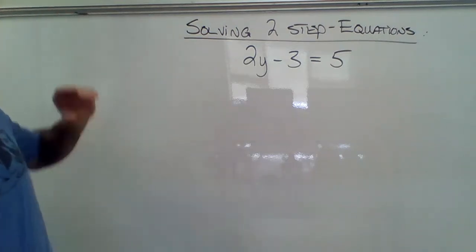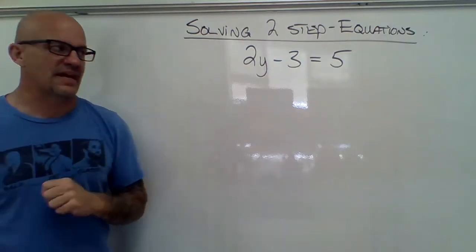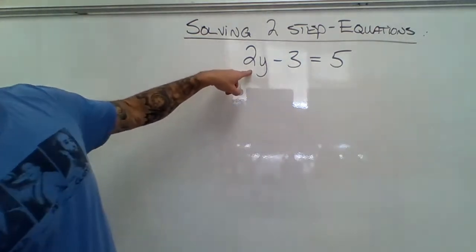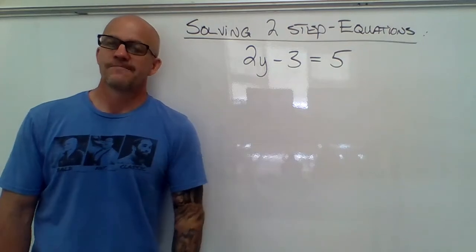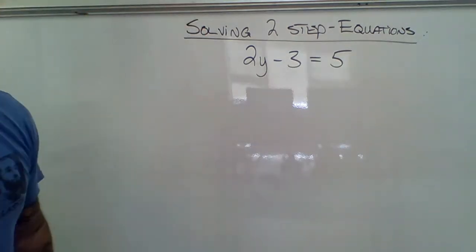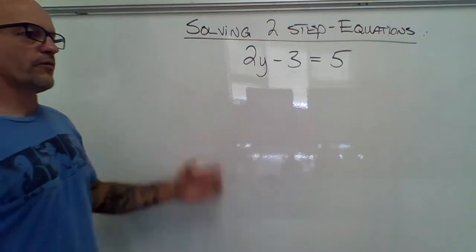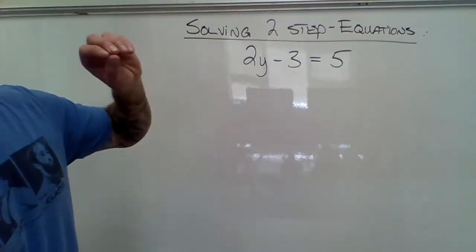So this time, however, when I approach this, I'm going to look at this and I'm going to go, all right, attached to y, what am I doing to y? Well, now there's two things attached to y. I have a 2 by multiplication and I have a 3 by subtraction. So my question is, well, how do I tear that apart? Well, here's the thing. We're going to follow our order of operations backwards. So as I go through my order of operations backwards,